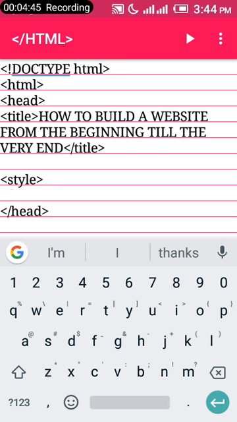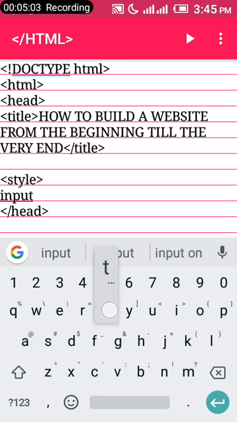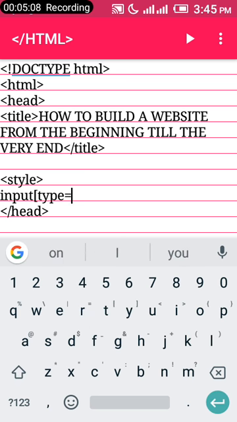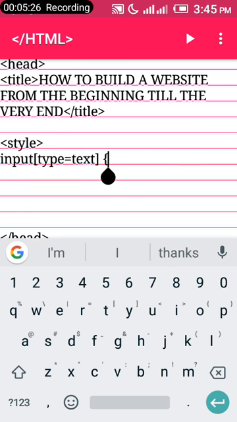So to the next line, right under the style tag that you opened, let's first start by styling our text fields, our input fields for the user's username. So you start like this: input, you use your square bracket, type, you set input type to text. This line is specifying that we are styling the input field that carries just text. Then you close it with a square bracket, give space, put the left curly bracket, give space for the styling,